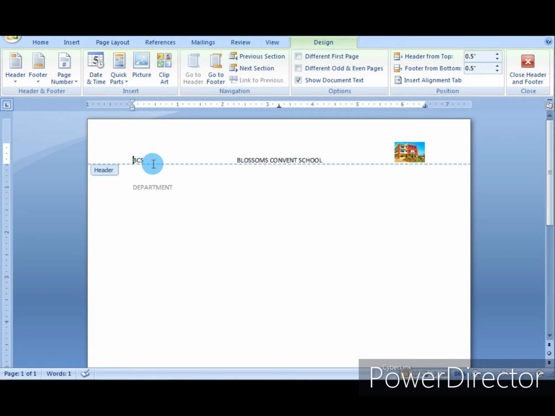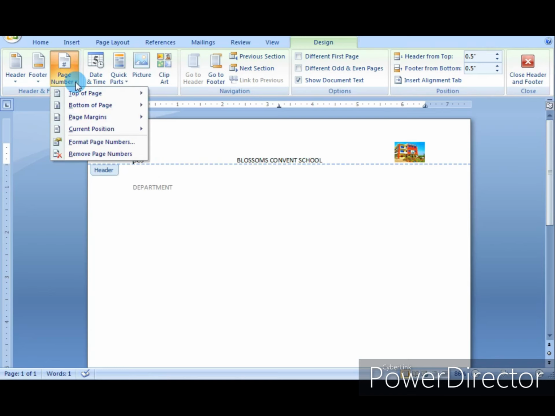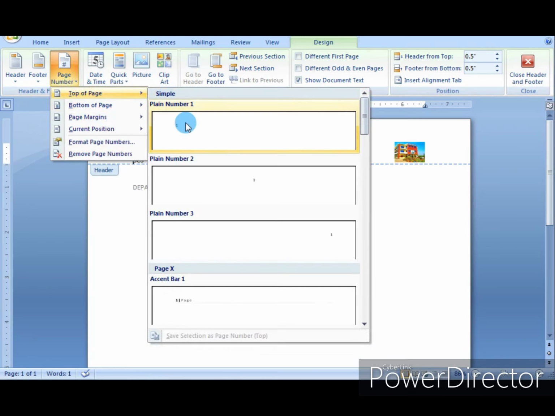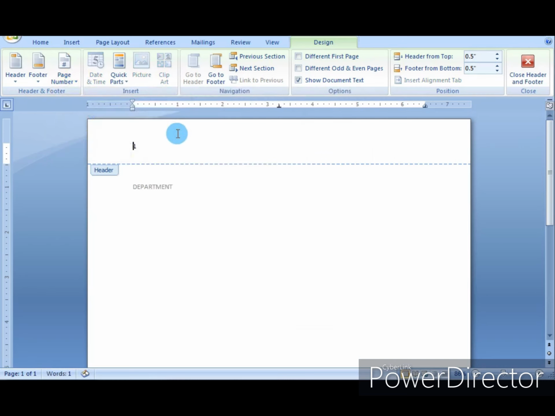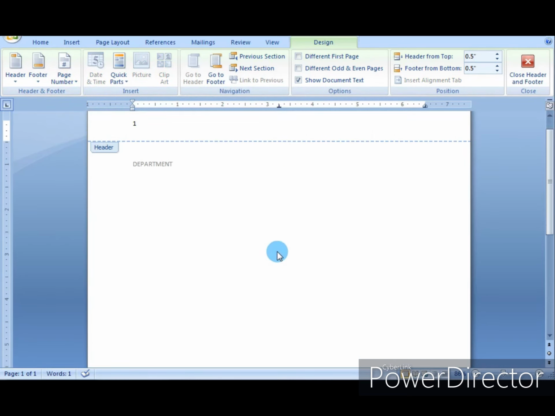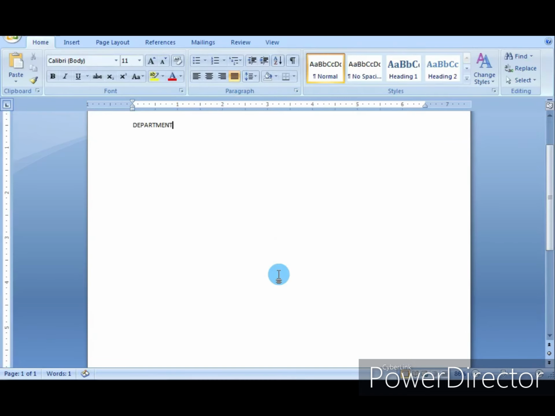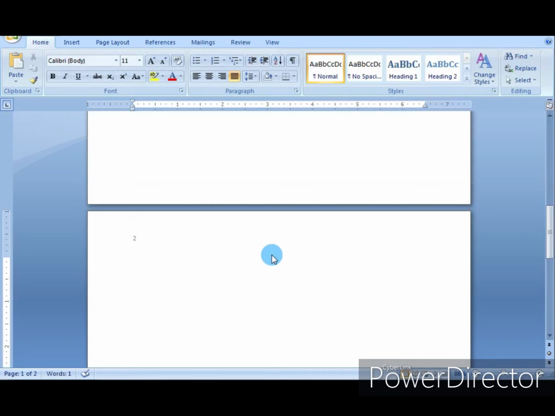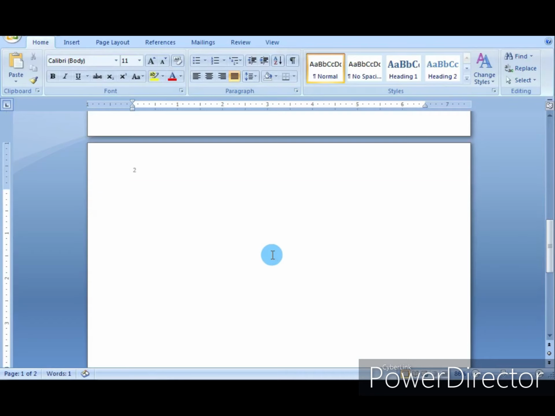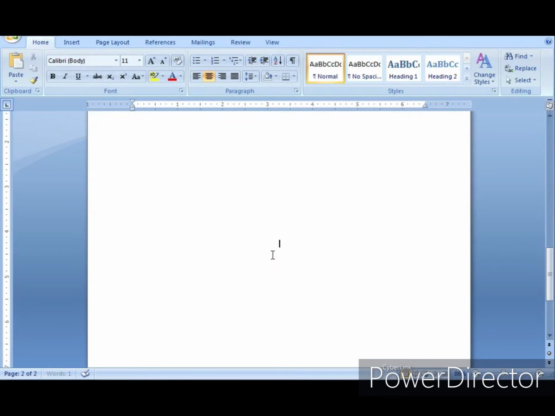Now if I want to add the page number, click on the page number and select the alignment of the page number. Now you can see page number is automatically displayed on the top of the page.